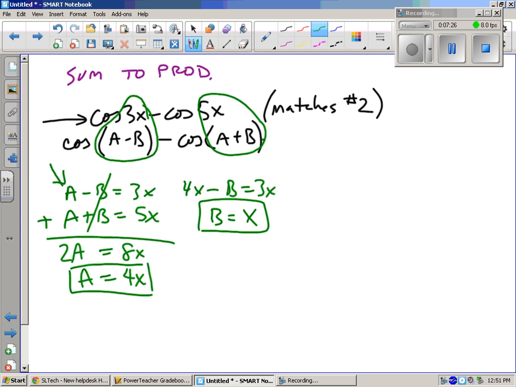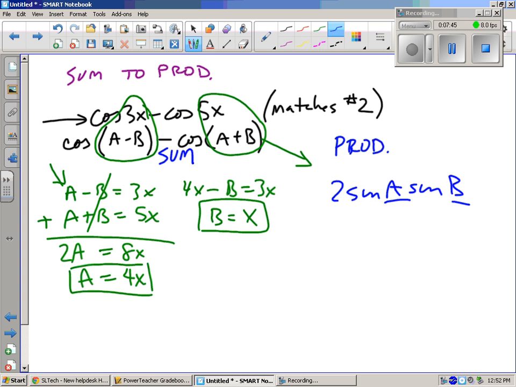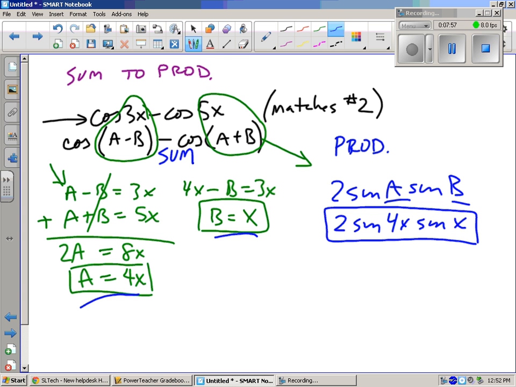Now we take this formula, which is, let's see, this is the sum version, and I want to match it with its product version. And its product version is 2 sine A sine B. We know what A and B are. We found them right here and here, so let's plug those in. So 2 sine 4x sine x. So that's the product form from the sum. So you have to keep looking back and forth